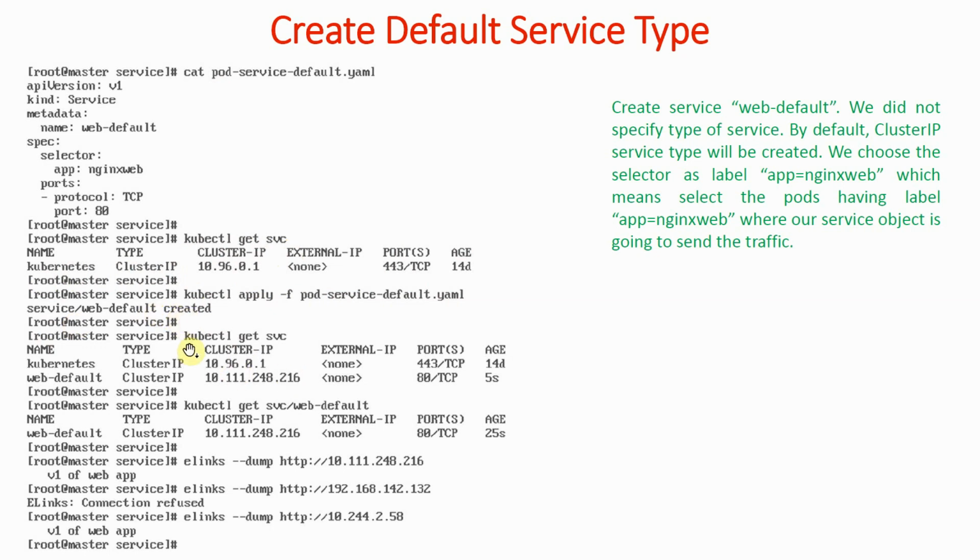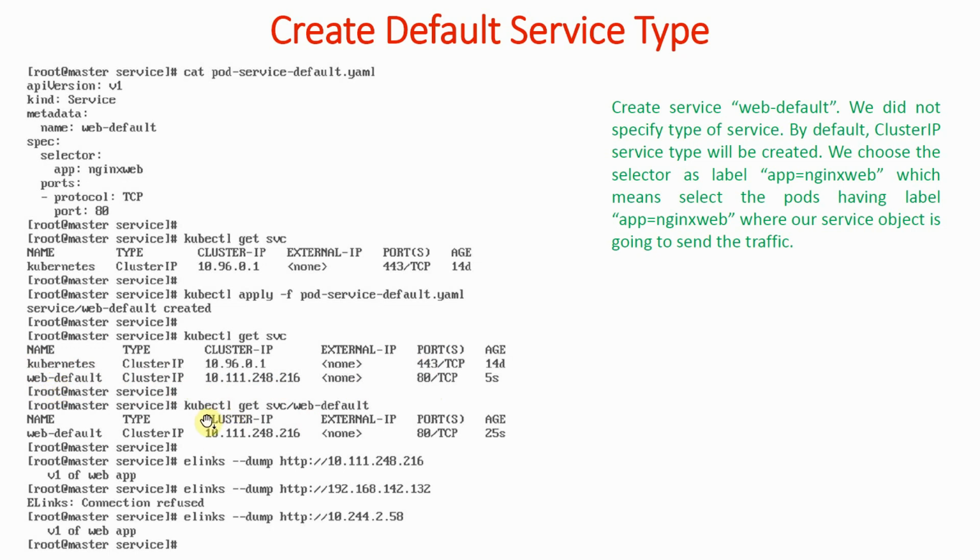Now when we run kubectl get svc, it shows that our service name is web default, and it is of cluster IP type, and this is the cluster IP virtual address, and the service port is 80. It is showing this service also, but we do not need it, so we will concentrate on the services that we have created.